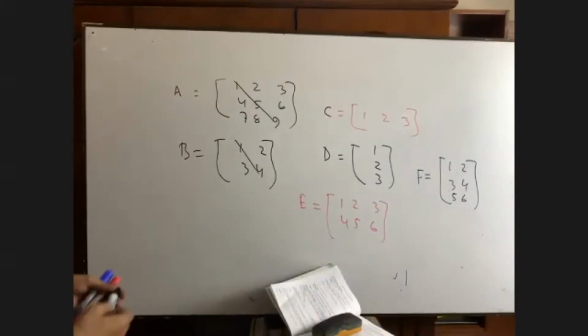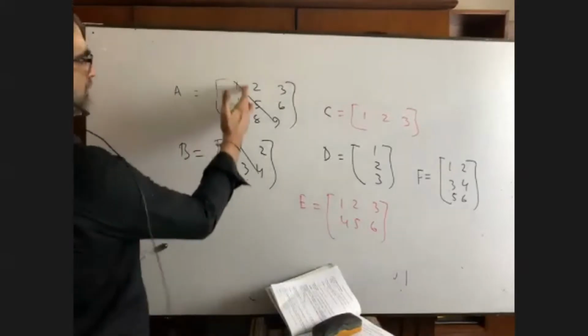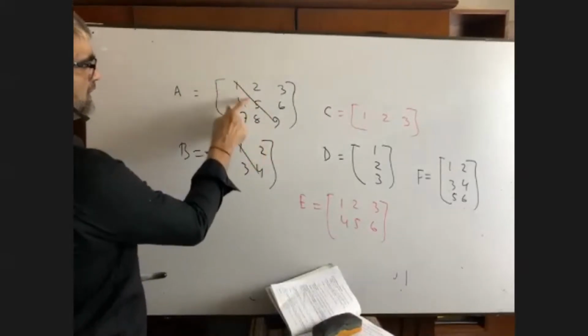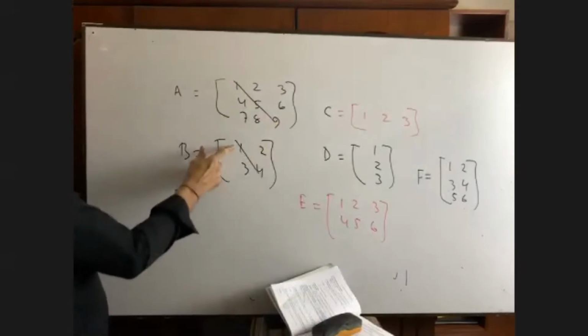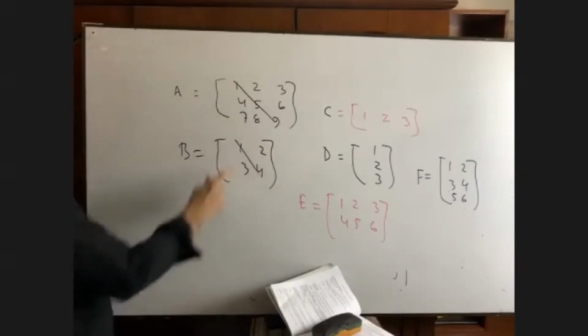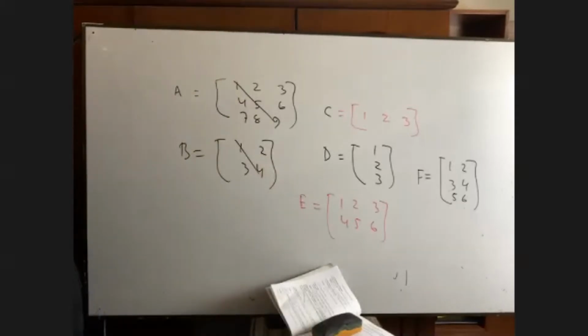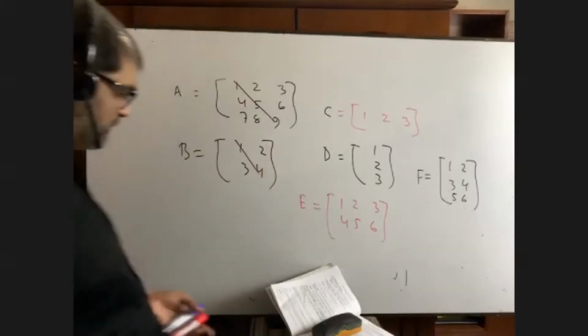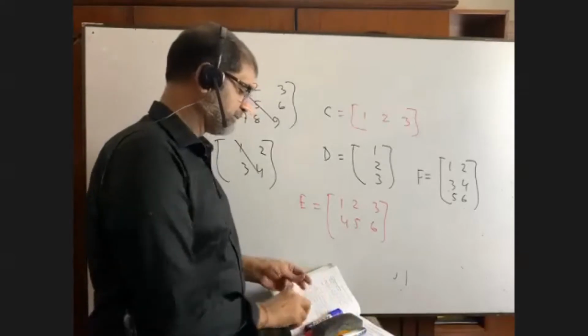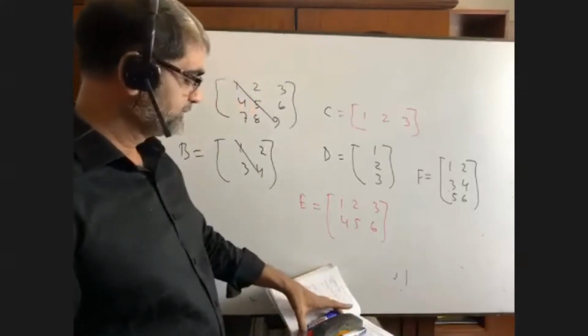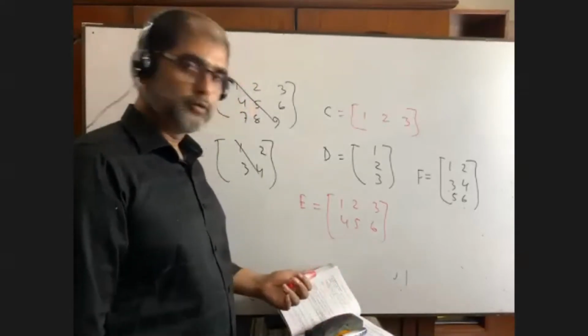So you have come to know that yes, it has a principal diagonal. Its trace is what? 1 plus 5 plus 9, right? It is also a principal diagonal. Its trace is 1 plus 4. Am I right? Yes, sir. But can you tell me please what I started? No, sir. It has to be a square matrix.